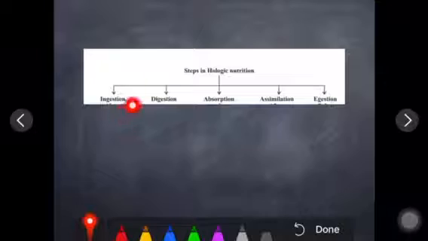So first is ingestion, where the food is taken inside the body. That is called ingestion. Where the food gets broken down from complex into simple, that is called digestion. Food taken in by the body, that is called absorption. And the simpler form of the food utilized by the body is called assimilation. And the food which is not digested acts as a waste and gets rid out of the body,